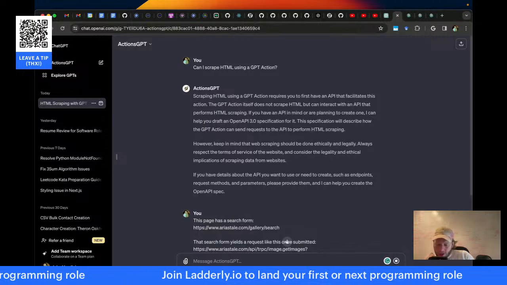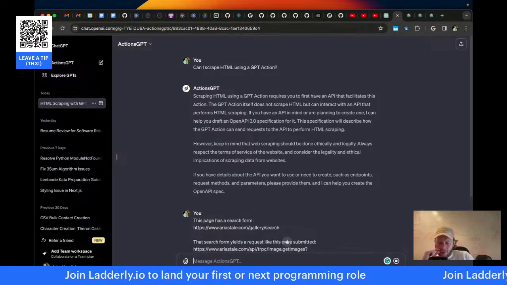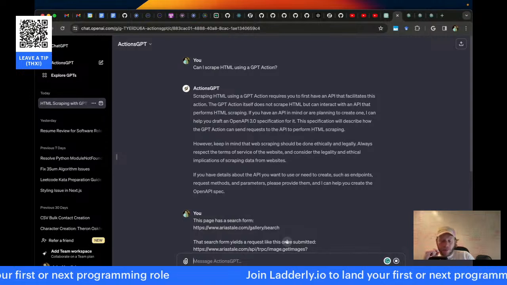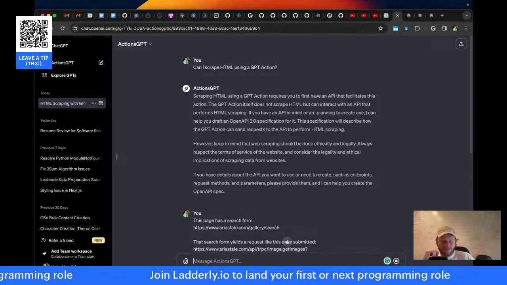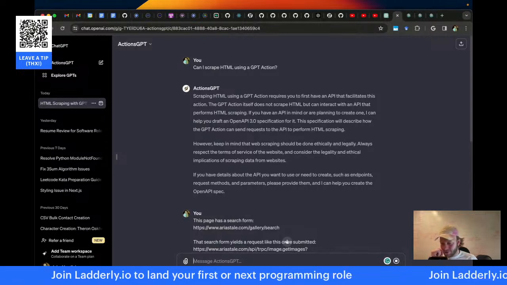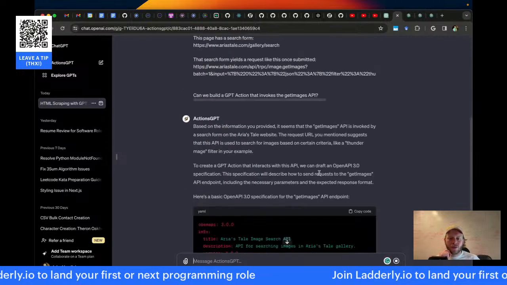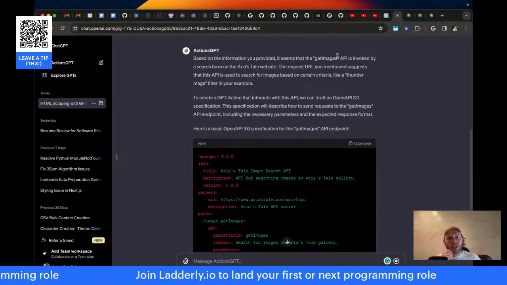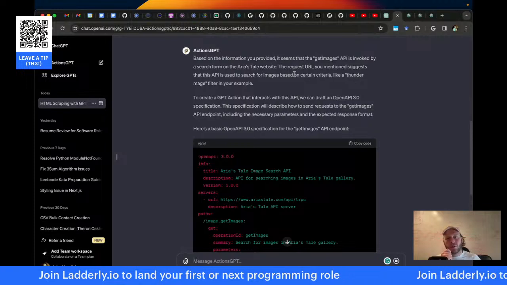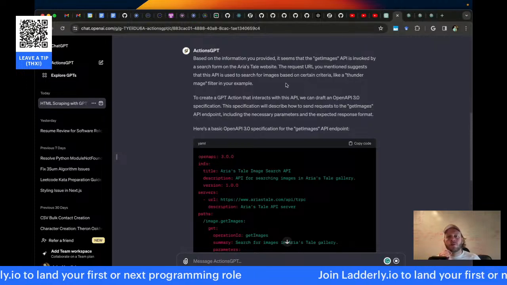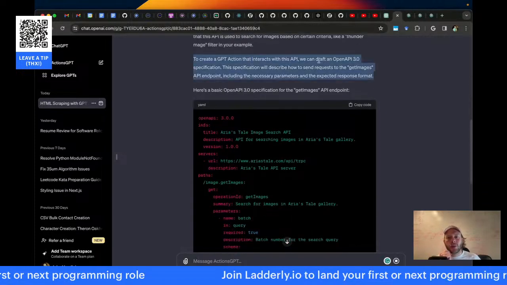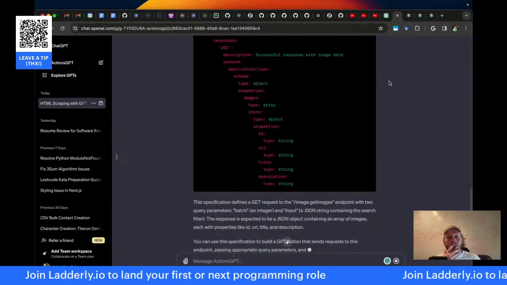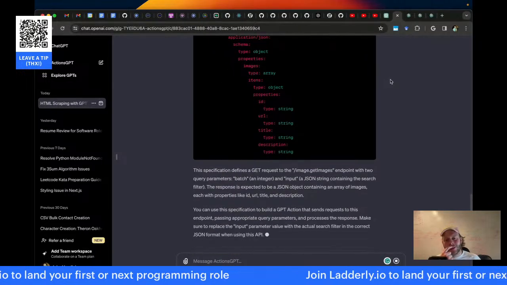Ross, what's up? Is it possible to access the API from a custom GPT that's launched in the GPT store? I'm trying to figure out the answer to the same question. It's an excellent question. Based on the information you provided, it seems that getImages API is invoked by a search form. To create a GPT action that interacts with this API, we can draft